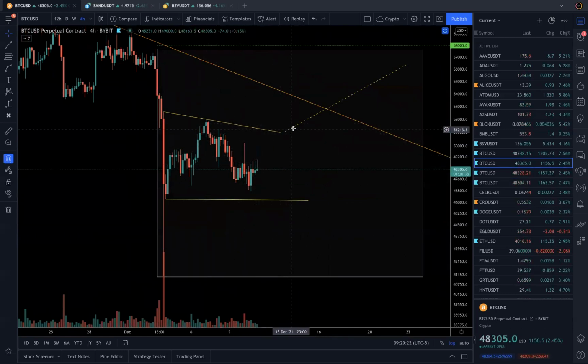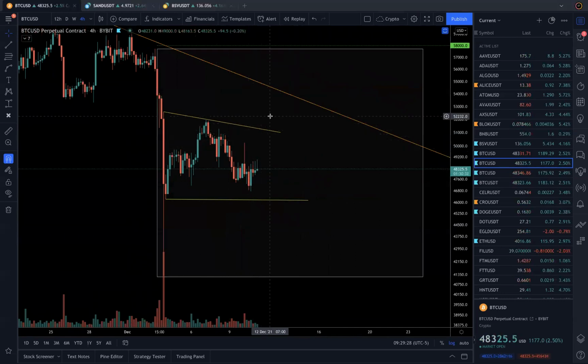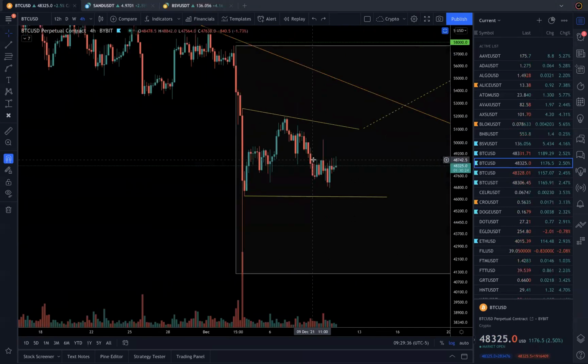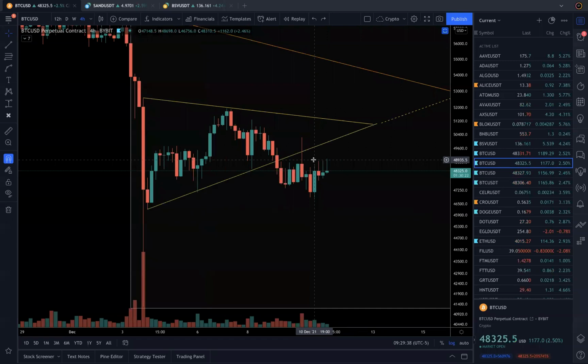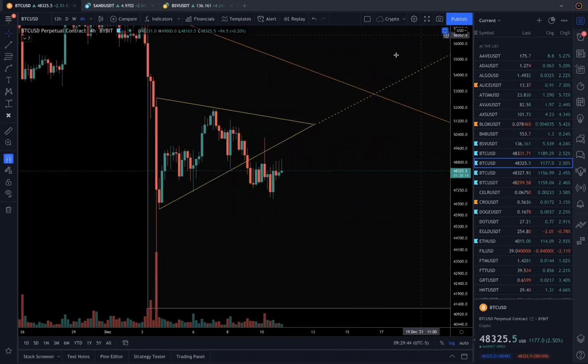So the projection of this has to be removed because it didn't happen. If it would have continued along the yellow line, then we could have expected the recovery at that angle. You know what I'm saying? So let me bring it back. When this was moving along the projection with a dotted line, it indicated that this wave would continue going up in this direction. But if this is broken, this projection is gone.